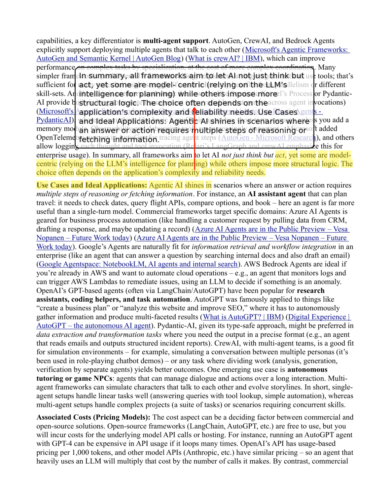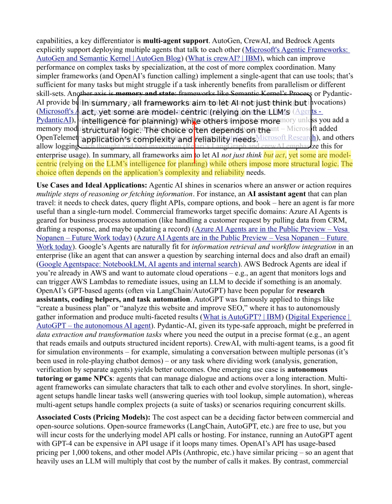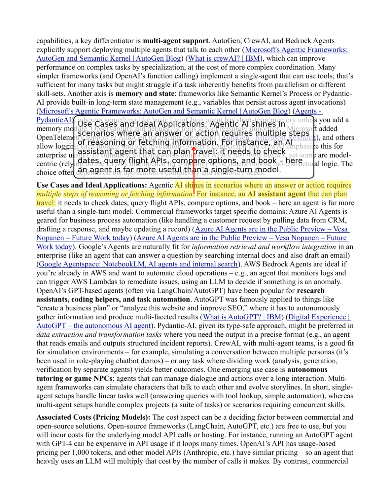And then, of course, we have the all-important considerations of observability and debugging. Some frameworks offer robust tools for tracing and monitoring what the agent is doing. This can be incredibly helpful for understanding its decision-making process and identifying any issues that might arise. So it's like having an AI debugger to help you understand why your agent is making certain choices. That sounds incredibly useful, especially as these agents become more complex.